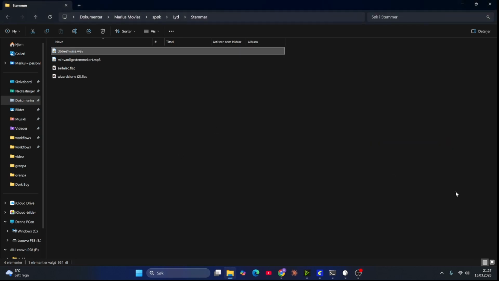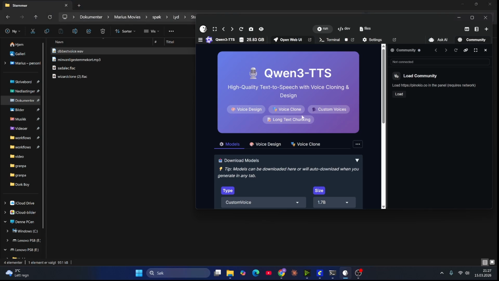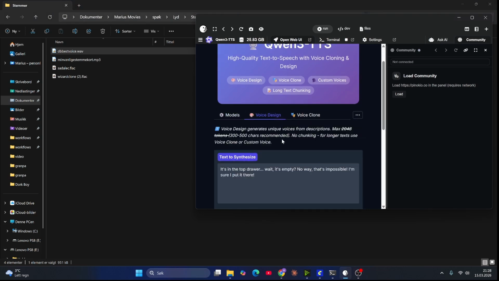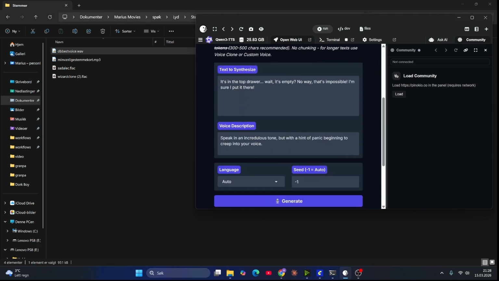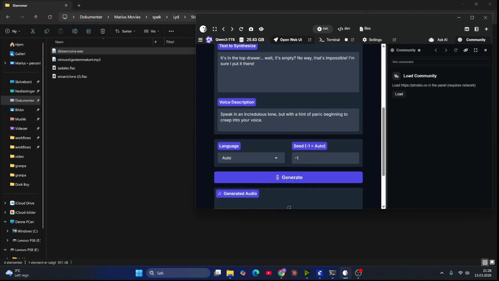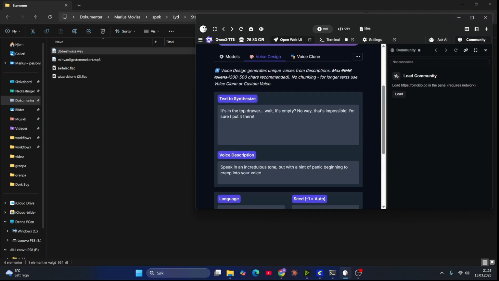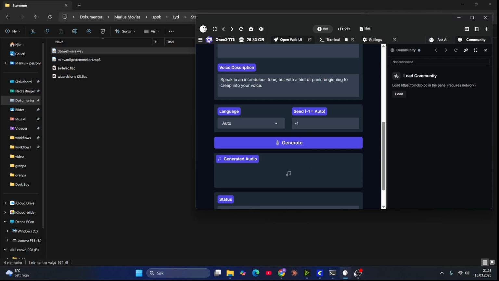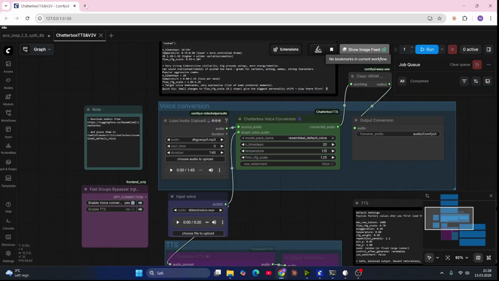So this one I generated with Qwen 3 TTS, just clicking voice design, telling it how it was supposed to sound, like a nerd. This is not the one. But it was supposed to sound like a nerd with a very nasal tone quality and whatnot. I can't remember the exact prompt, but then I put in some text that it was supposed to say and clicked generate. And from there, it's just a question of taking the video with the generated audio and separating it